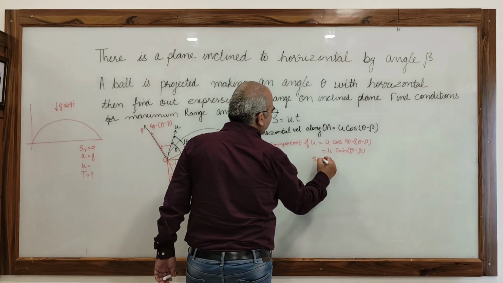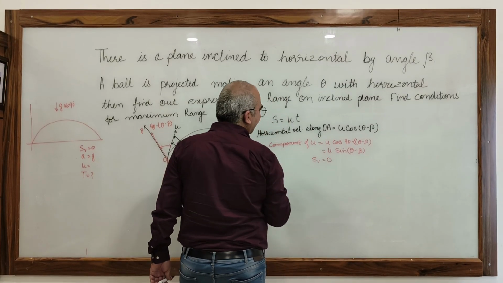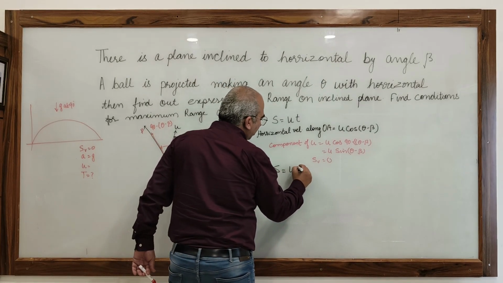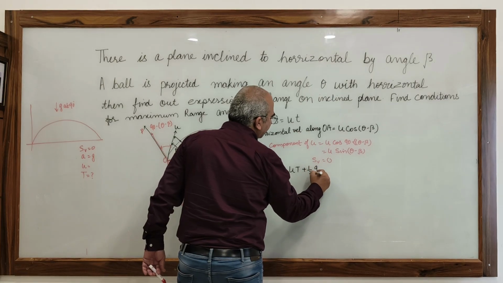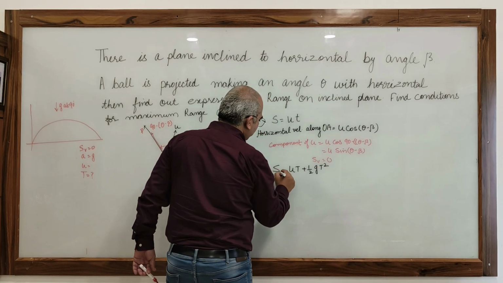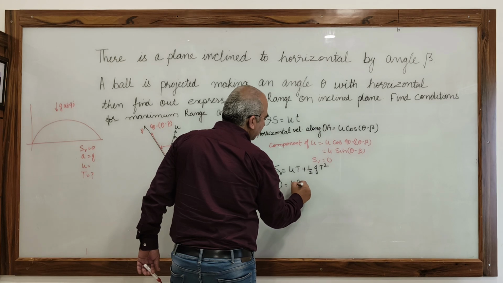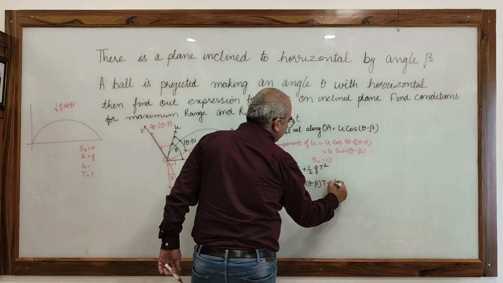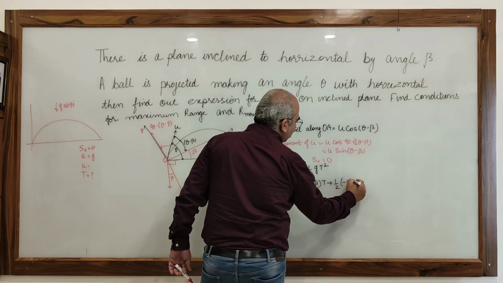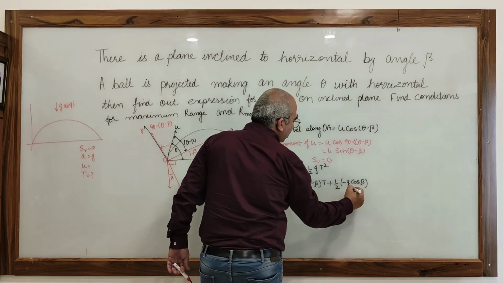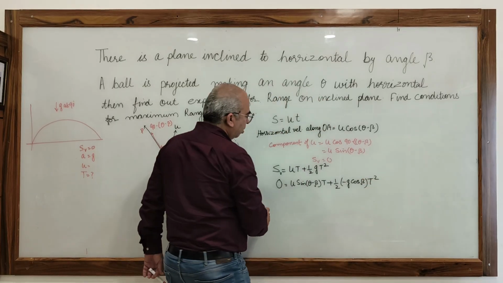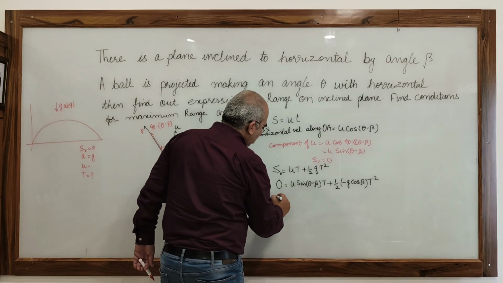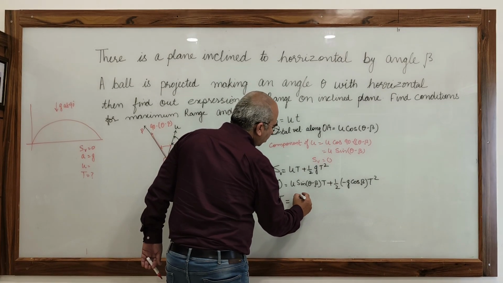Now S perpendicular equals 0. If we apply s equals ut plus half gt square, with s being 0, we get 0 equals u sin(theta minus beta) into t plus half minus g cos beta into t square. Just take t common, t equals 0 cancels out, and now if we solve, we will get